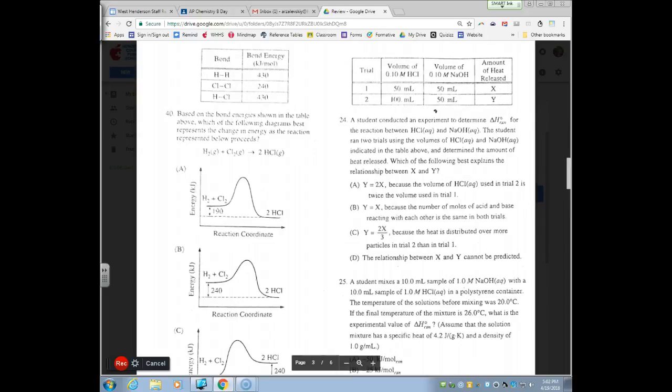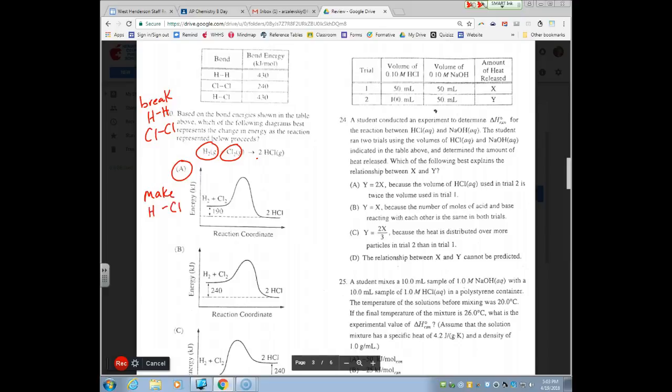Number 40. And number 40, the correct answer is A. So with this one, we're dealing with bond energies. So it is going to be breaking minus making. So I'm going to have to break the H-H bond from H2, and I'm going to have to break this Cl-Cl bond as well. Then the new bonds are going to be formed, so I'm going to make the HCl